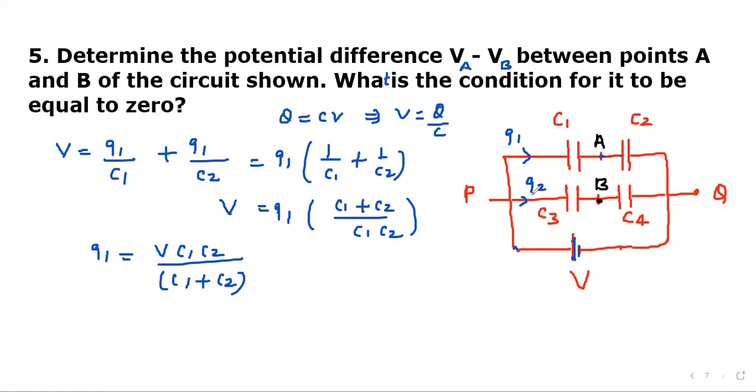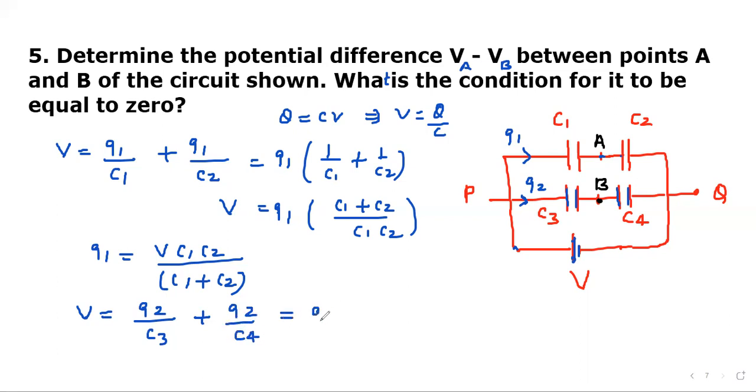Now let's see this branch. Charge Q2 flows through this branch. So again, we can say the potential difference across this plate plus the potential difference across this plate will be equal to the total voltage applied. So we can say that V must be equal to Q2 divided by C3 plus Q2 divided by C4,